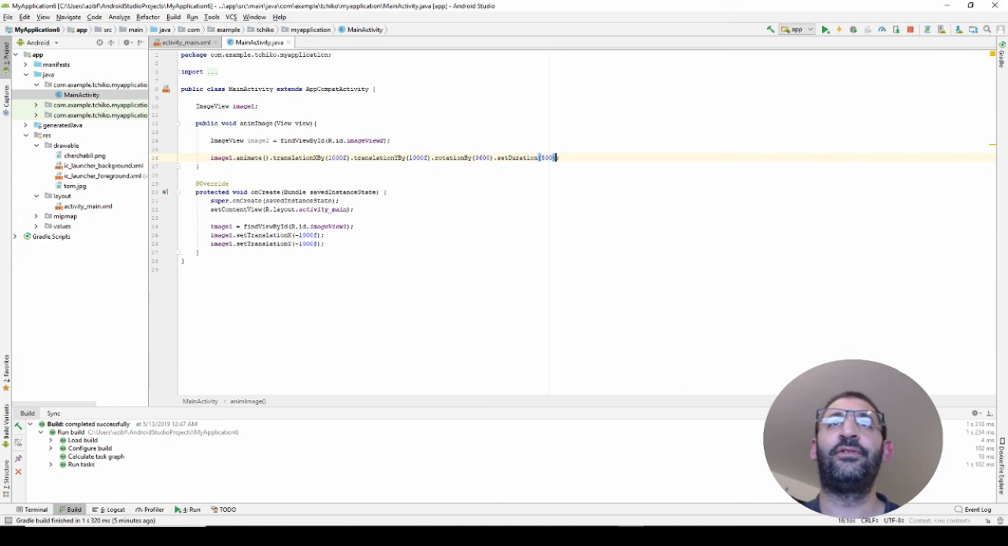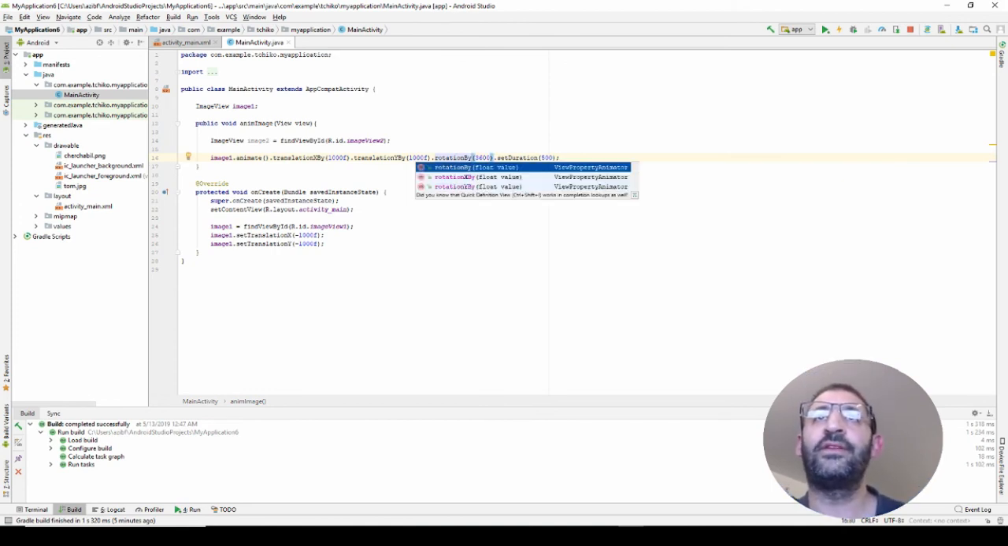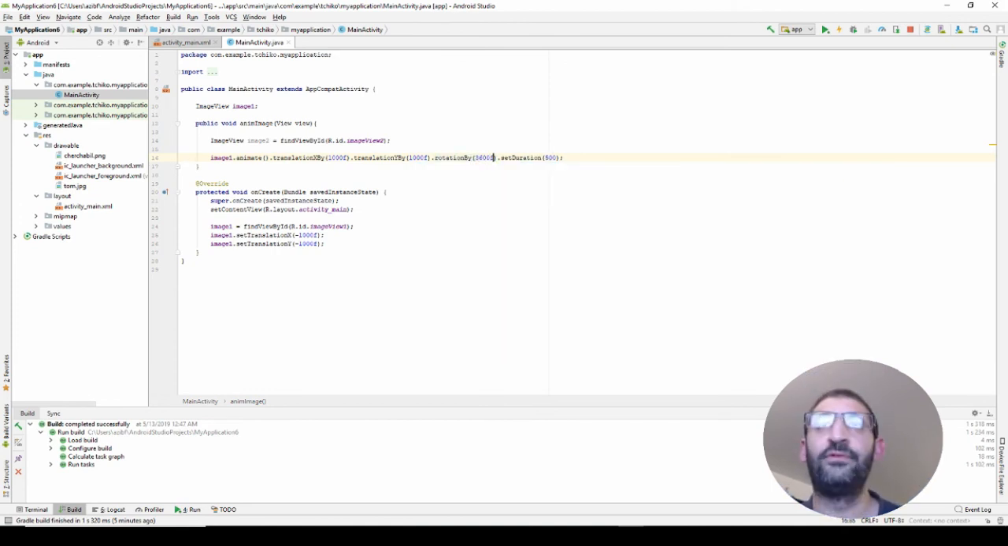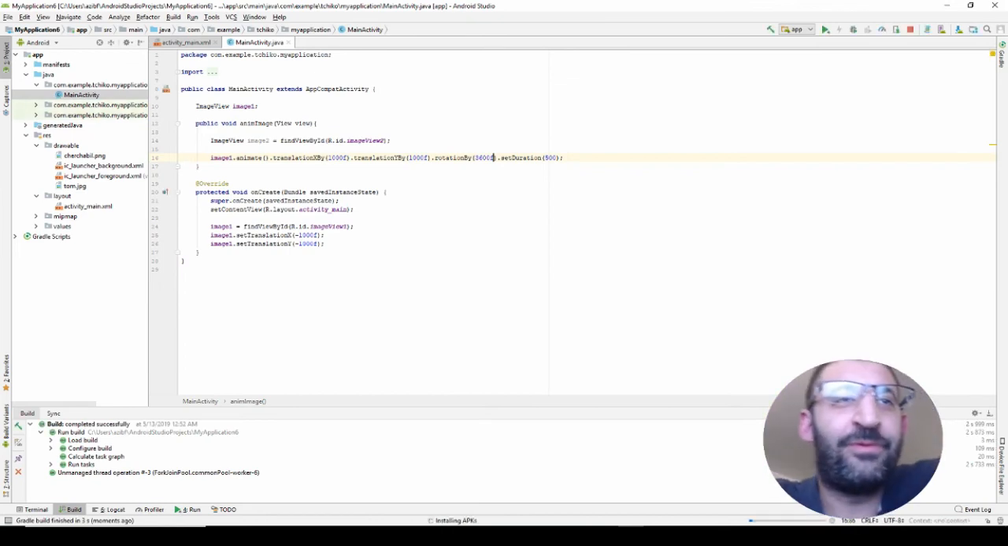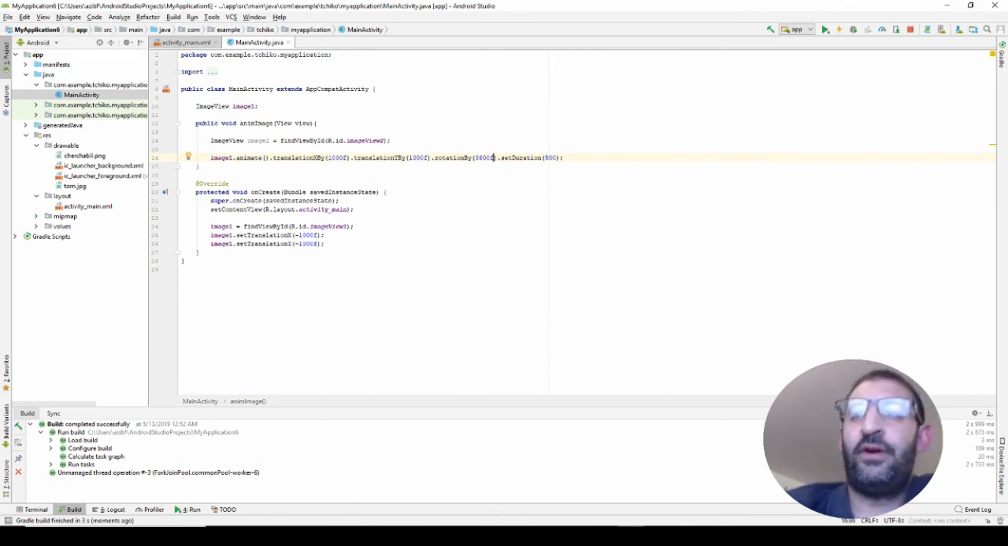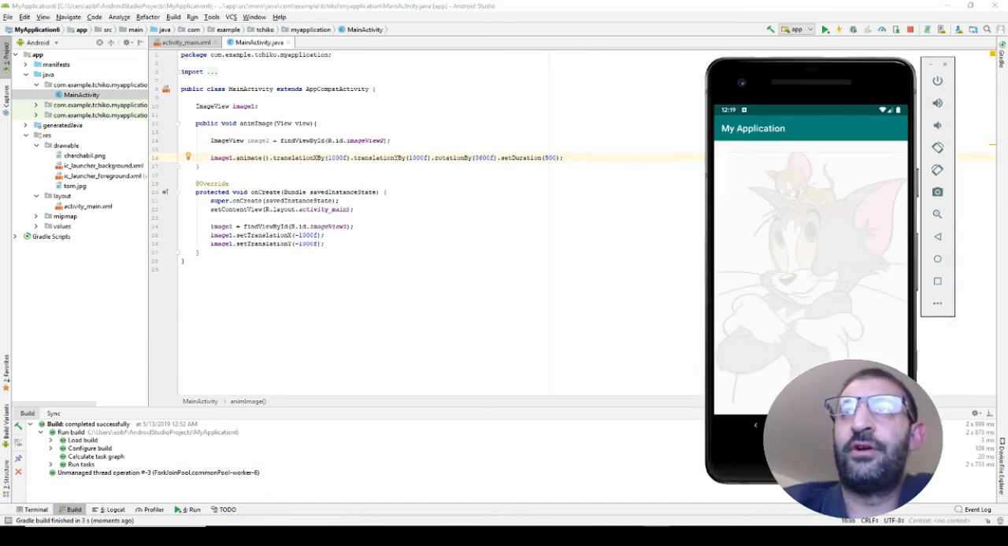So let's see the result. Here it's float. I think, yes, it's float. I forgot the F value. So what will we get now? What is the result? I am playing with properties. I can change translation X, translation Y, rotation, and we see the result. So now